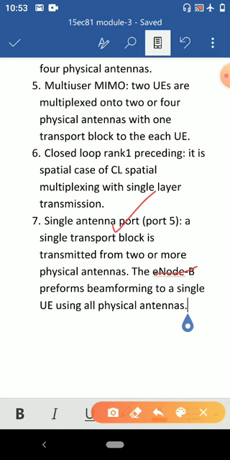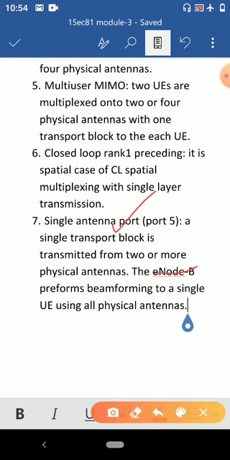Unlike other modes, in this case the reference signal is also transmitted using the same beamforming vector that is used for the data symbols. Thus, for this mode, the beamforming technique used at the E node B is transparent to the user equipment, and the user equipment is able to decode the transport block with the help of this user equipment specific reference signal.